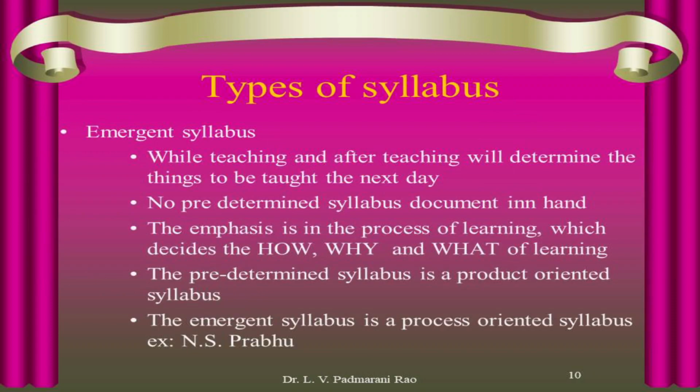The other type of syllabus is called the emergent syllabus. While teaching and after teaching will determine the things to be taught the next day. So it is not a predetermined document in the hands of the teacher, but the teacher will decide what is to be taught to the students the next day based upon the feedback that he or she gets from the students. The emphasis is in the process of learning, which describes the how, why, and what of the learning of the syllabus. The predetermined syllabus is a product oriented syllabus, whereas the emergent syllabus is a process oriented syllabus,